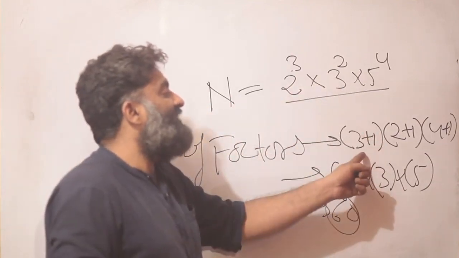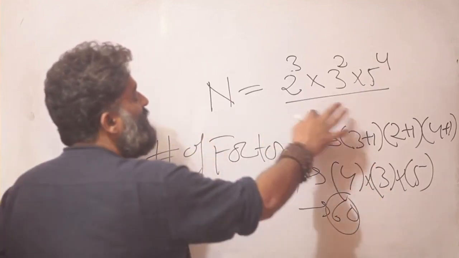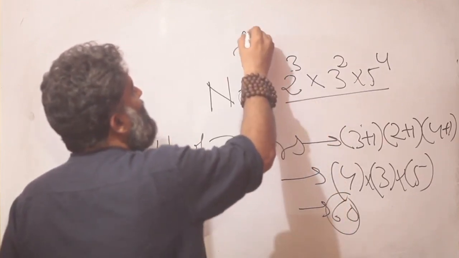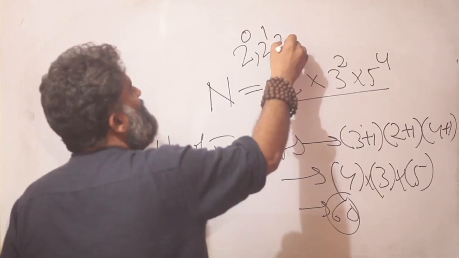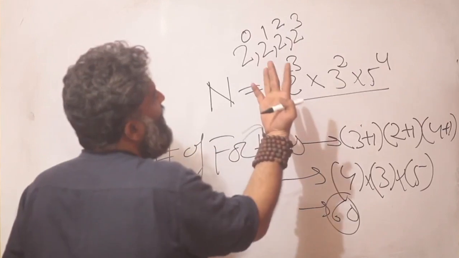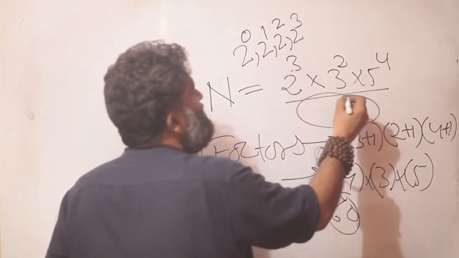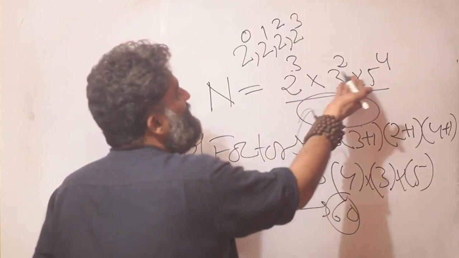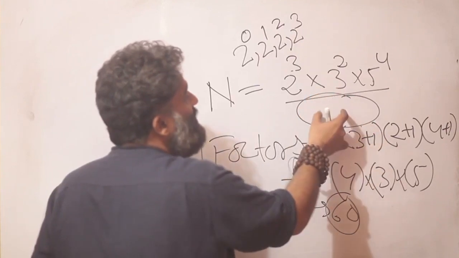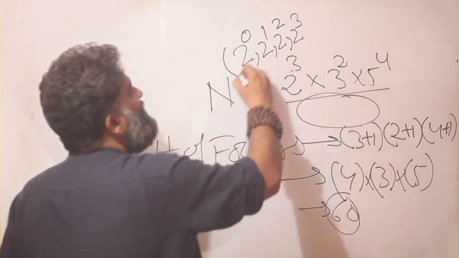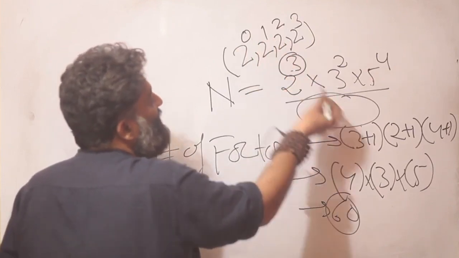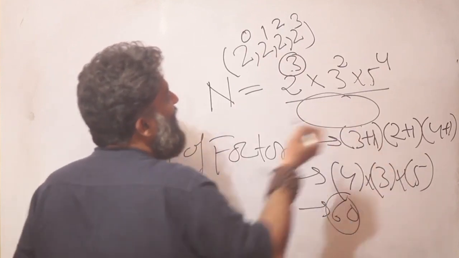Now, why are we adding the 1? We figured out the logic for this, but just a quick recap. When I look at 2 cube, in the factors I can have a 2 raised to 0, a 2 raised to 1, a 2 square or a 2 cube. That means for the 2 I have 4 possibilities, and the factor is going to be a meal made up of these ingredients, a compound made up of these ingredients, a molecule made up of these atoms. So I see there are 4 possibilities. It is not visible in the power, therefore just to create a formula I am saying I must add 1 to it, right?